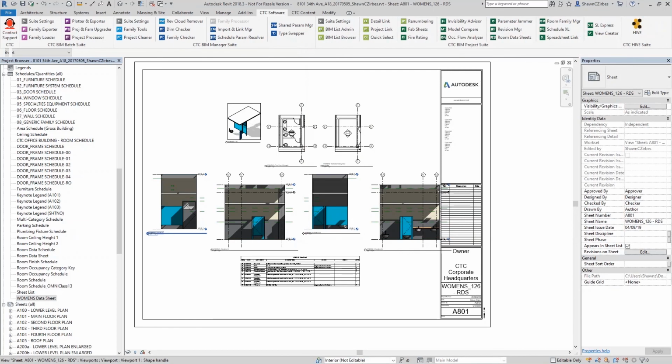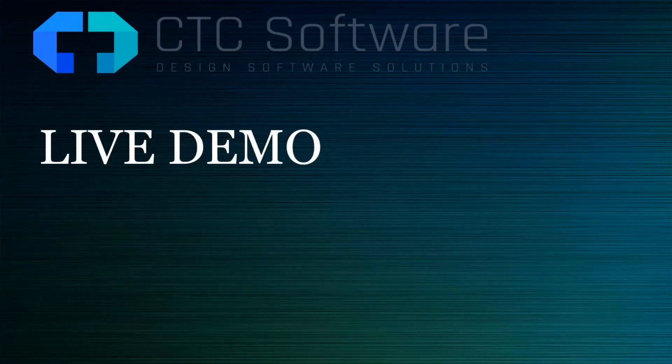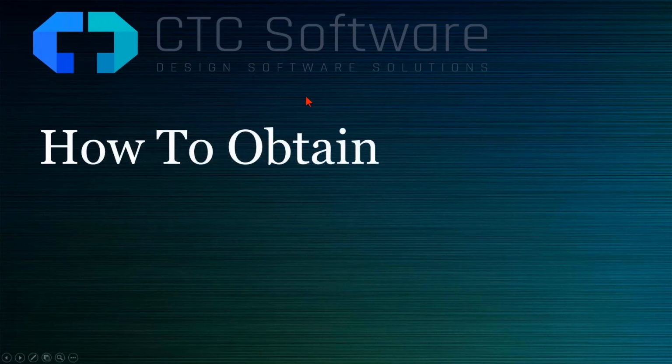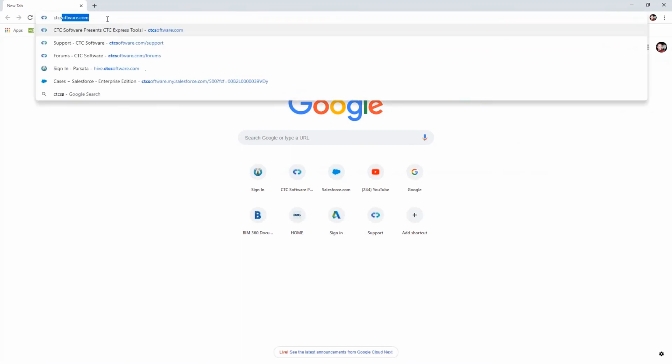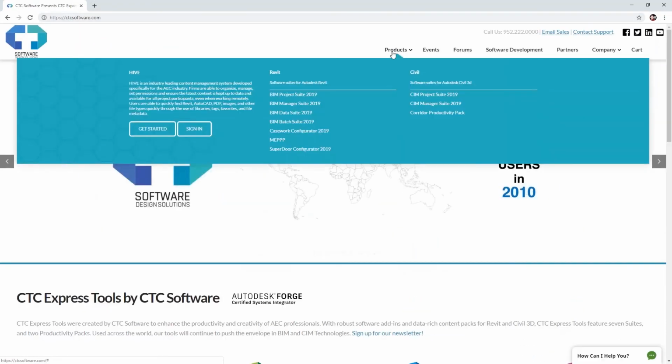All right, so let's talk about one other major thing that people often ask me in these demos. How do you get your hands on these tools if they're not already installed on your ribbon? Well, I'm going to go to ctcsoftware.com. CTC Software, if I can spell. No, I can't spell today. ctcsoftware.com right here. If you go to ctcsoftware.com, underneath Products, there is a BIM Project Suite 2019 option right now,